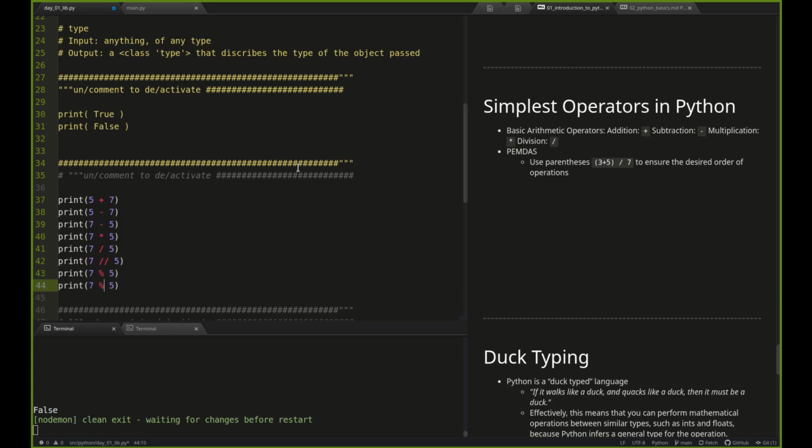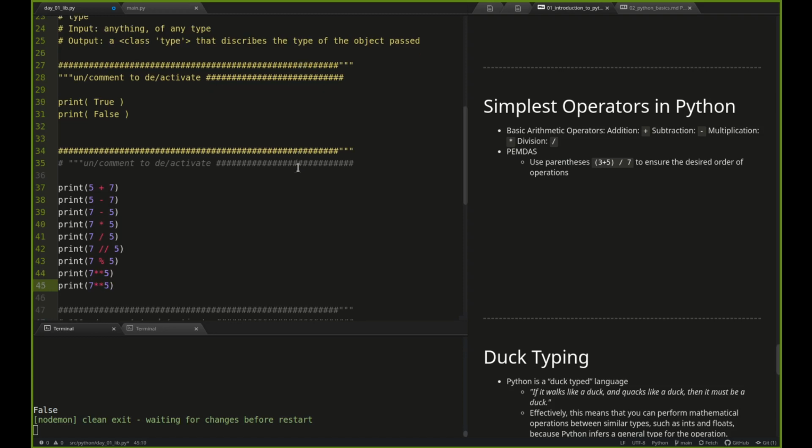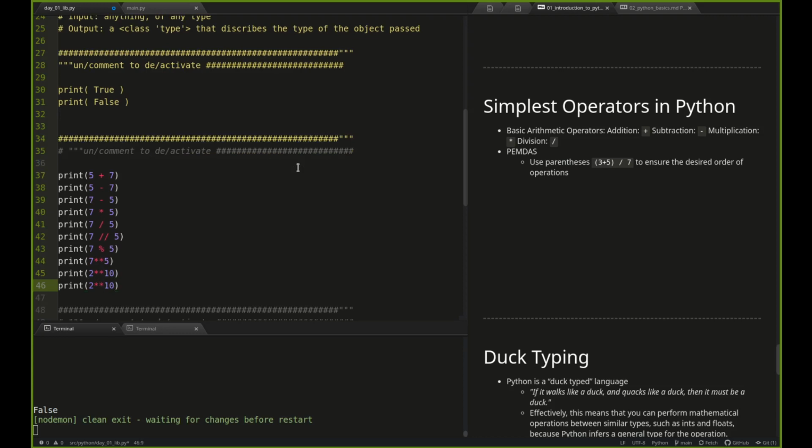And then I could also raise 7 to the 5th power. I could raise 2 to some power, 2 to the 10th, whatever. If I wanted to do the square root, some of you will know this trick. There's a better way that you should actually do this ultimately, but for now, this is a quick and easy way to remember how to do a